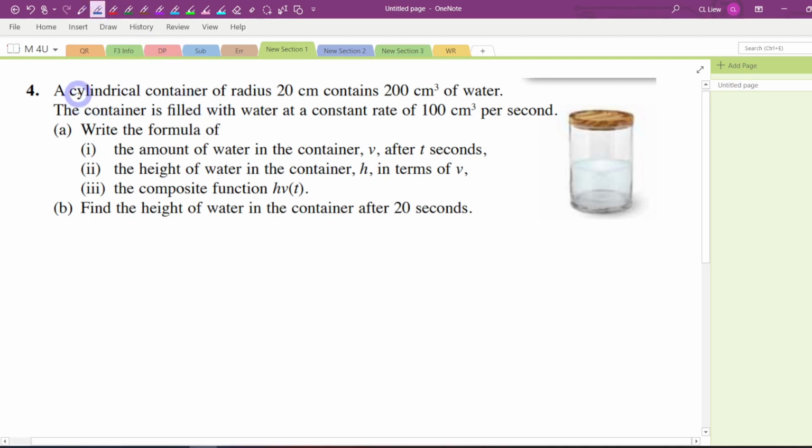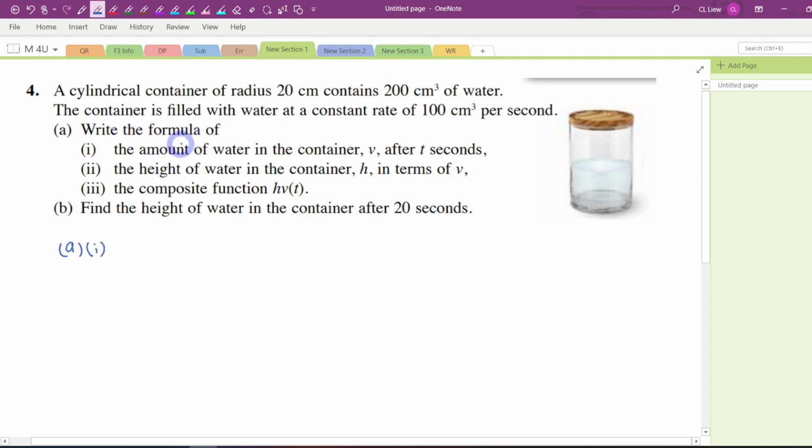Question number 4. A cylindrical container of radius 20 centimeters contains 200 cubic centimeters of water. The container is filled with water at a constant rate of 100 cubic centimeters per second. It means that every second, the volume of the water will increase by 100 cubic centimeters. Okay, so for part A,